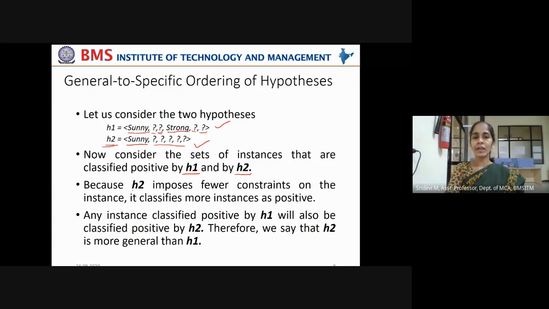Now, because H2 imposes fewer constraints on the instance, it classifies more instances as positive. What did you understand from this? Say, I'll give a different example. Now, my hypothesis 1 is, I want a sweet which is